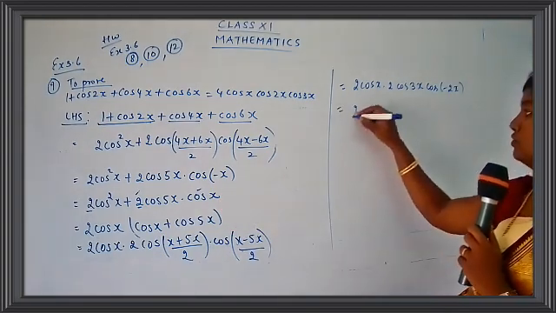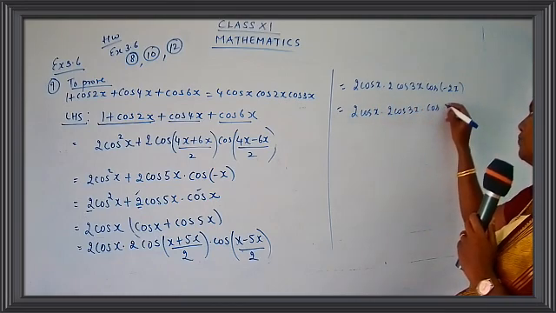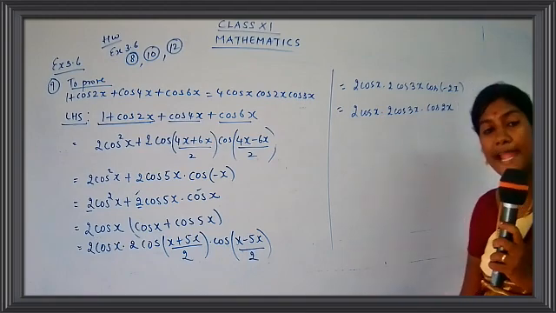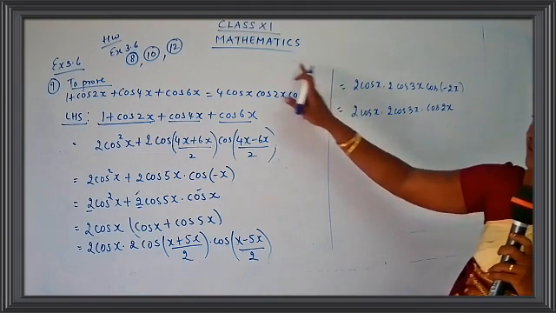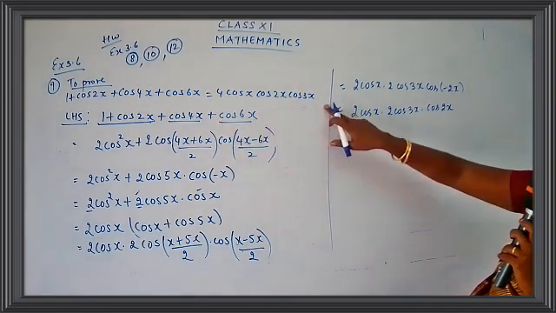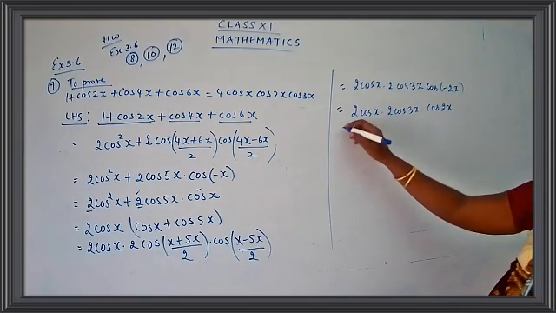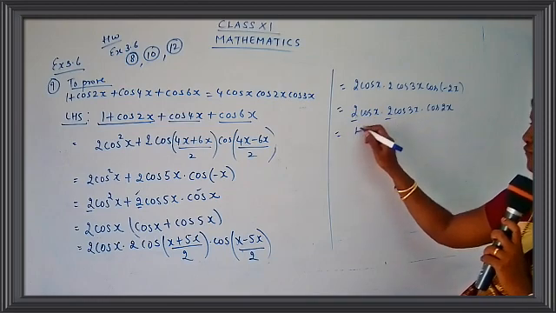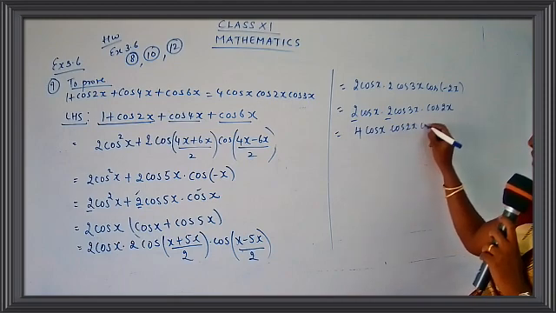So you get here 2 cos x, 2 cos 3x and this turns to be cos 2x. Cos minus theta will change as cos theta. So the answer is 2 cos x, 2 cos 3x and cos 2x. I just want the answer in this format. So I want 4, then cos x, then 2x and 3x. X is there, 2x is there and 3x is there. Let me write down in a proper order. So 2 into 2 gives you 4 cos x, cos 2x, cos 3x.